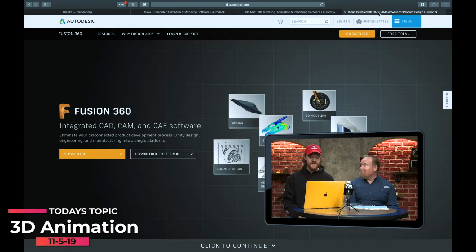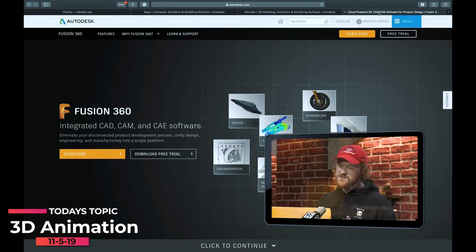Right, it's amazing. And so Fusion 360 is the program, and it is an integrated CAD, computer-aided design program. And essentially it's less for animation and it's more for designing parts, prototyping parts, and creating things that you would like to have in real life. And I personally have used it.